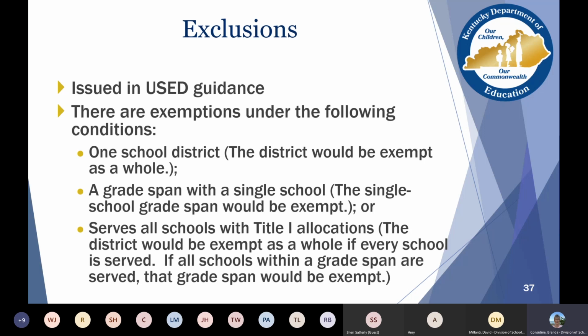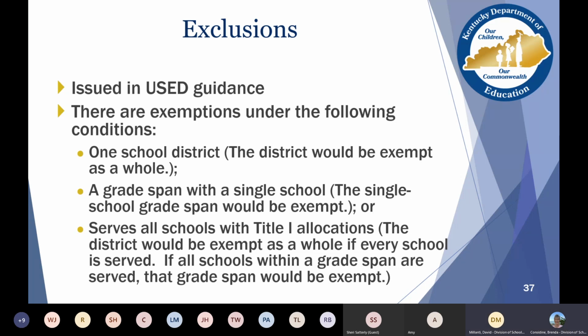Or if the district serves all the schools with Title I allocations, they would be exempt as a whole because every school is being served. If all the schools within a grade span are served, then that grade span would be exempt. So like, let's say a district chose to serve elementary, then the elementary would be exempt from the methodology, correct?